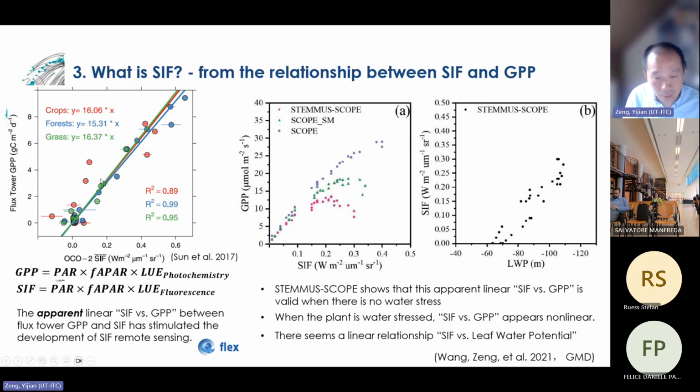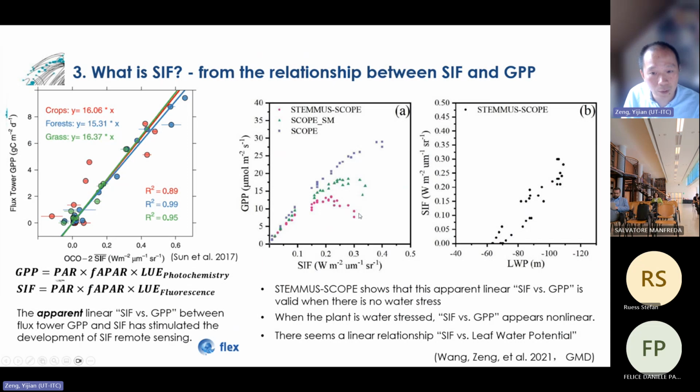And you can see they indeed are linearly correlated. However, this is only under certain hypothesis or assumption. For example, if there's no water stress, then you can see such a linear relationship. Currently in the community, most people think the fluorescence is linearly correlated with GPP, but actually it is not. In the right panel is the simulation result from STEMscope, and we can also simulate this linear relationship. But at the same time, if you pay attention to the green and the red dots here,